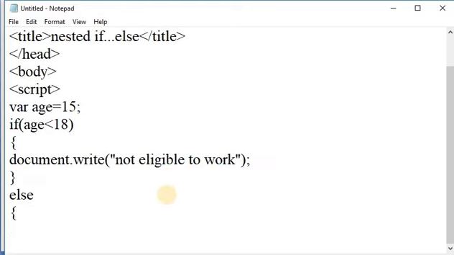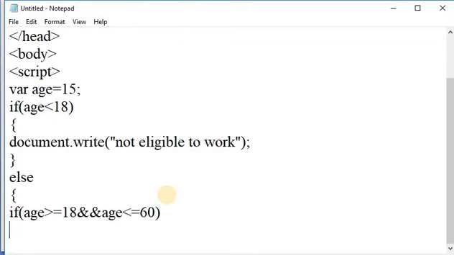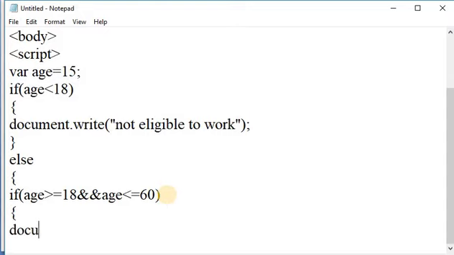In the else statement, again we check one condition: if age is greater than or equal to 18 and age is less than or equal to 60, then here I am printing with document.write.